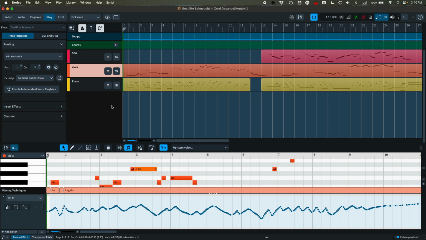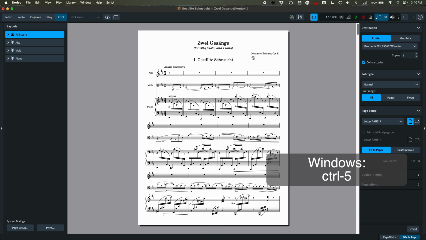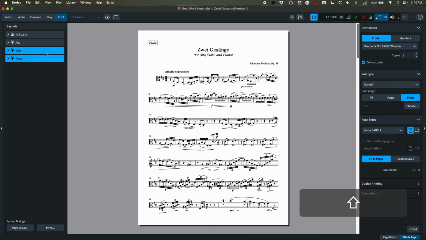And also in Dorico, the 5th mode here is print mode. This is kind of just a simple interface for printing, and the way that it works is that you can select one or multiple parts over on the left, and whatever you do on the right will export or print those particular parts. So if I wanted